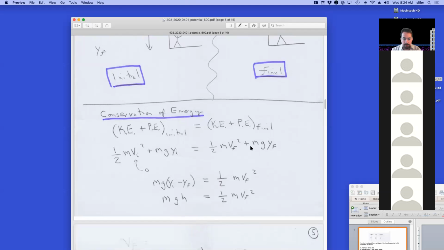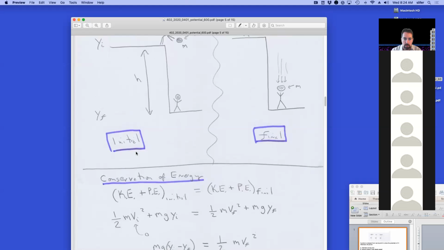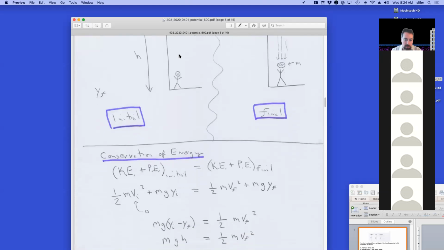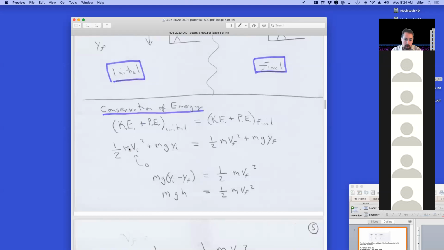Recall that I'm dropping this water balloon from the top of Demerit Hall with an initial velocity of 0. So I just let it go, I'm not pushing it down. So it has an initial velocity of 0. This term falls off, and then I have this term, this term, this term. If I gather together the potential energy terms,